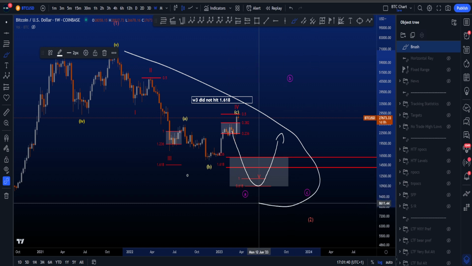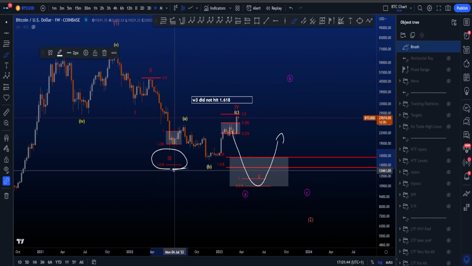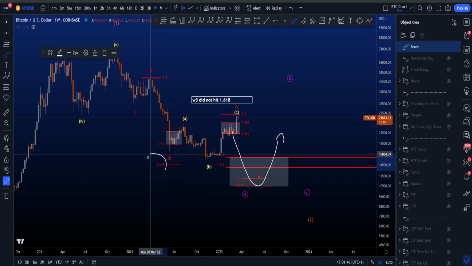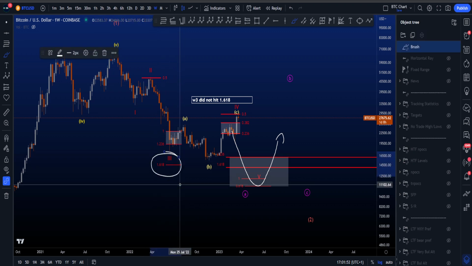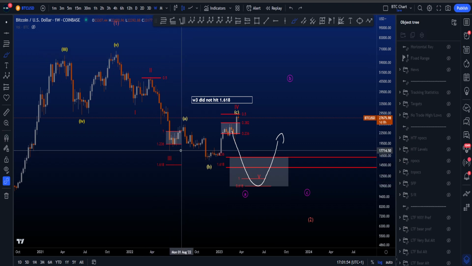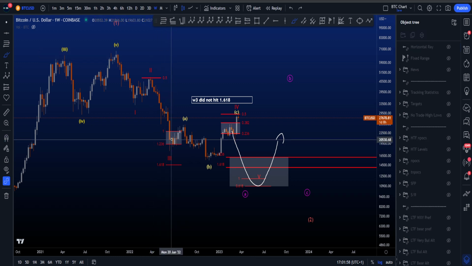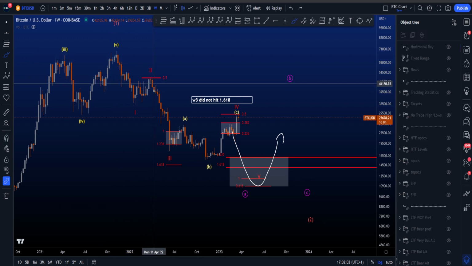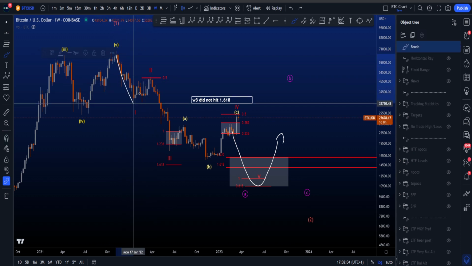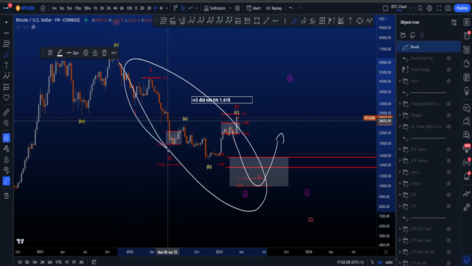If we then look at this corrective structure in an ABC, the main problem is this wave 3 over here. Wave 3 has a minimum target of the 1.618 sitting at 14.6k, but as you can see, it did not hit the 1.618 target. Instead, it turned around for a little bounce at the 1 and the 1.236 trend-based fib extension from the all-time high to the low of 1 to the high of wave 2. So therefore, it is more likely this is an ABC 3-wave structure instead of this move being part of an